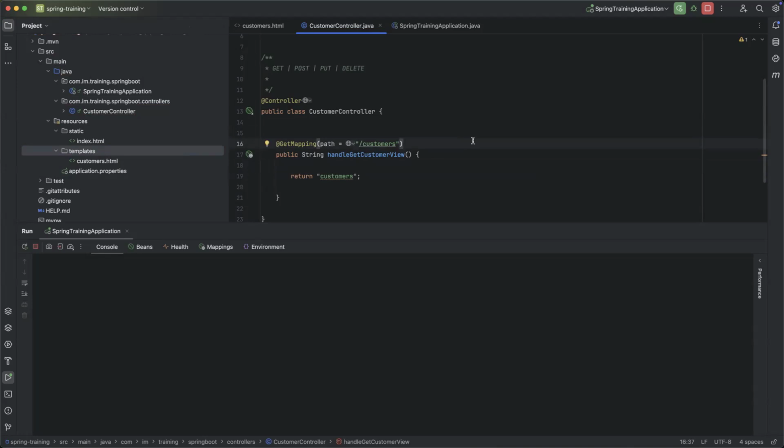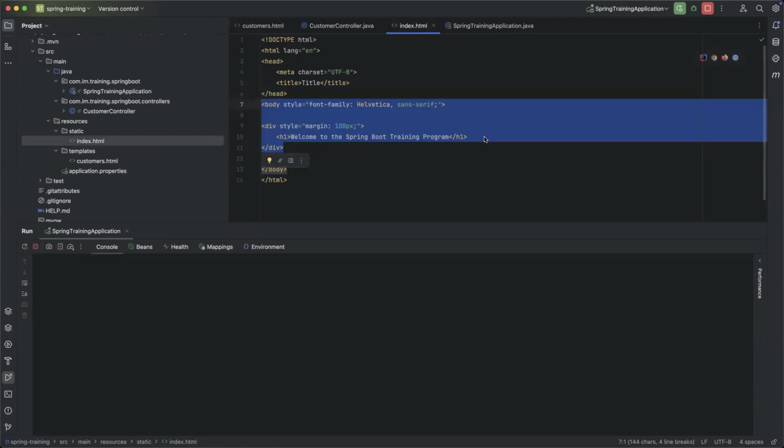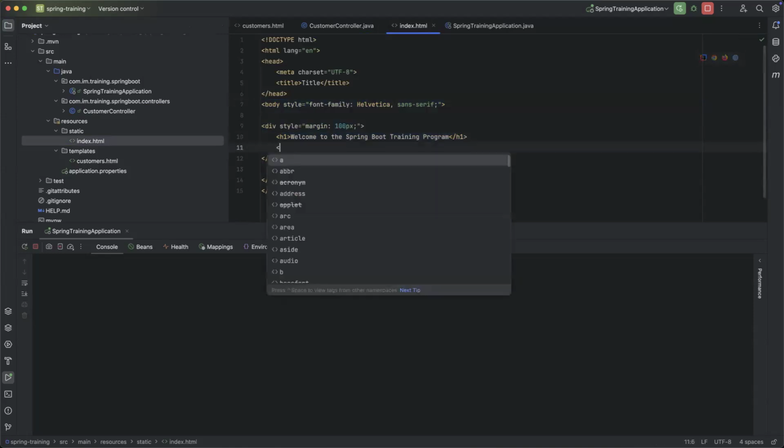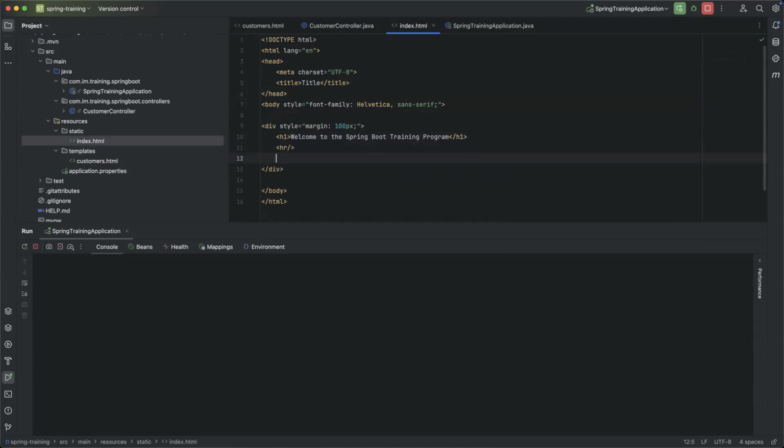Let's proceed further and let it not work. Let's see how. I'll go to index.html back again, and here I will give one HR, a horizontal rule. And then, you see this, what I'm going to do is,